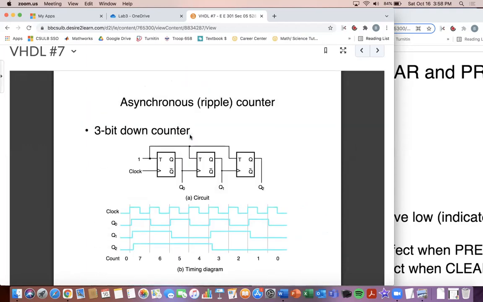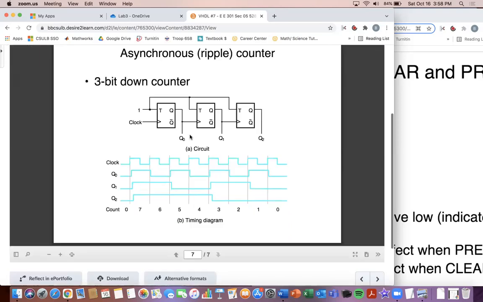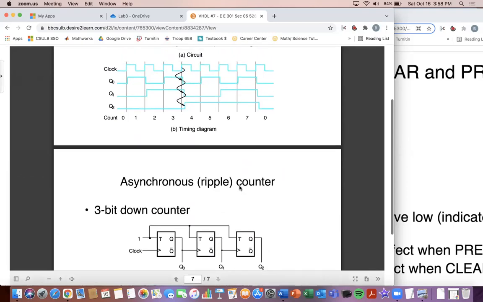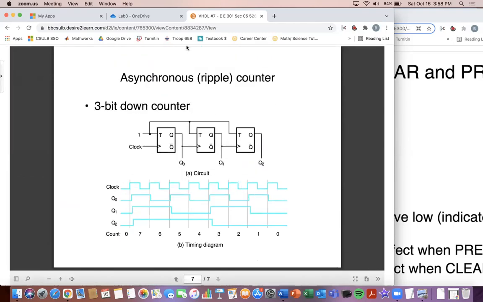Now we have a down counter. So the down counter does exactly the opposite of the up counter. Man, I'm just like, oh, I have to write all that out again. Okay, so for the down counter,